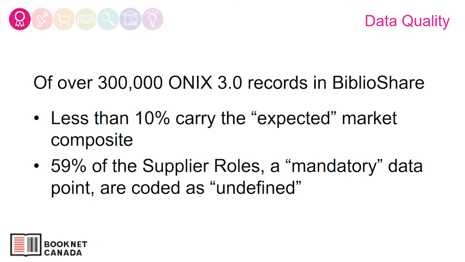And supplier role has to be the simplest possible thing to update in the transition from ONIX 2.1 to 3.0. It's a piece of data that literally is the same on every record. A publisher's relationship to their supplier is well known and easily described. Even the most cursory viewing of the intent of the changes made in ONIX 3.0 will confirm that markets are important. ONIX 3.0 is a different mapping than ONIX 2.1, and those differences should be respected.